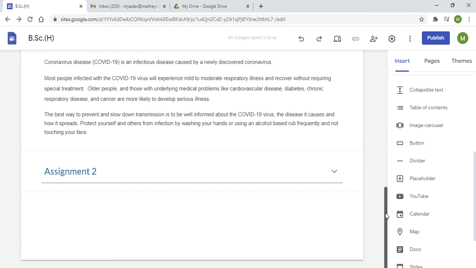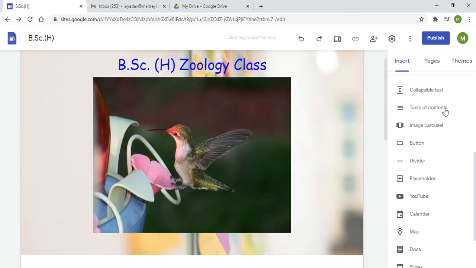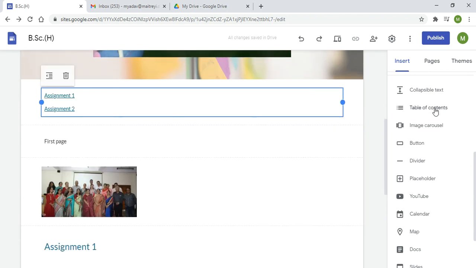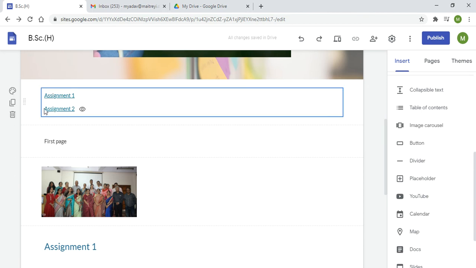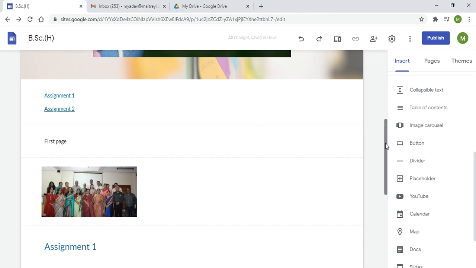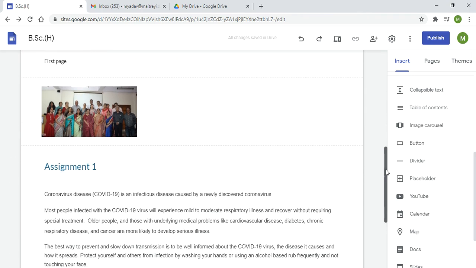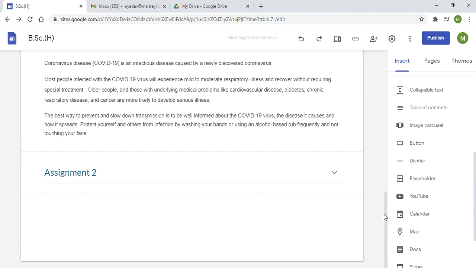Now if you add a table of content, it will appear at the top of the page and it will automatically take the headings of whatever text boxes you have inserted. So it will automatically create the table of content for you if you select that, right?